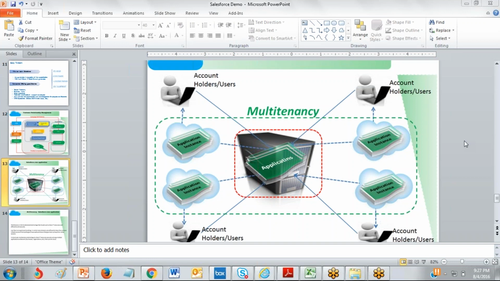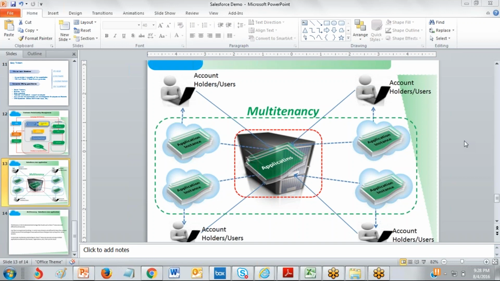Siebel is the best application in CRM, but for almost 4 years, all Siebel customers have been moving into Salesforce. What is the reason? The main reason was cost: 50% lesser cost compared to any other CRM-based application available in the market.